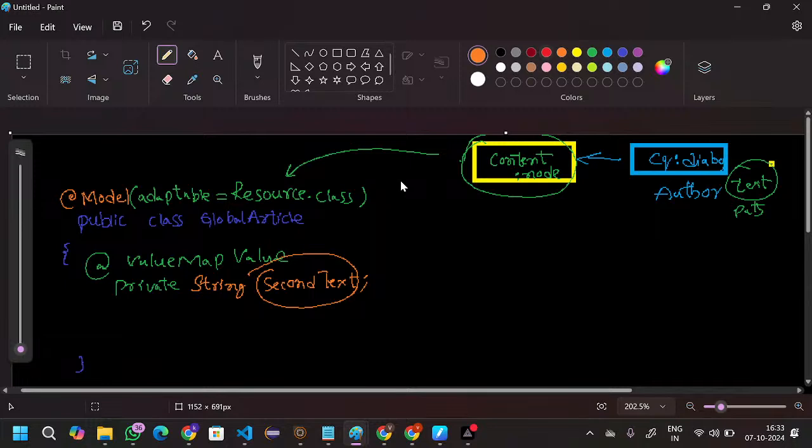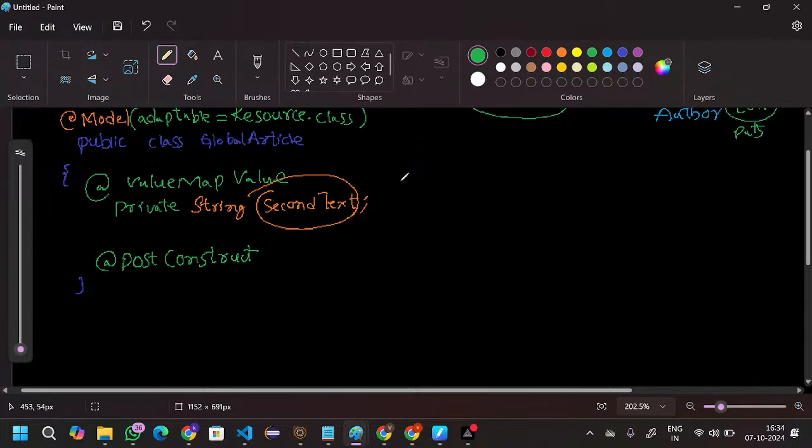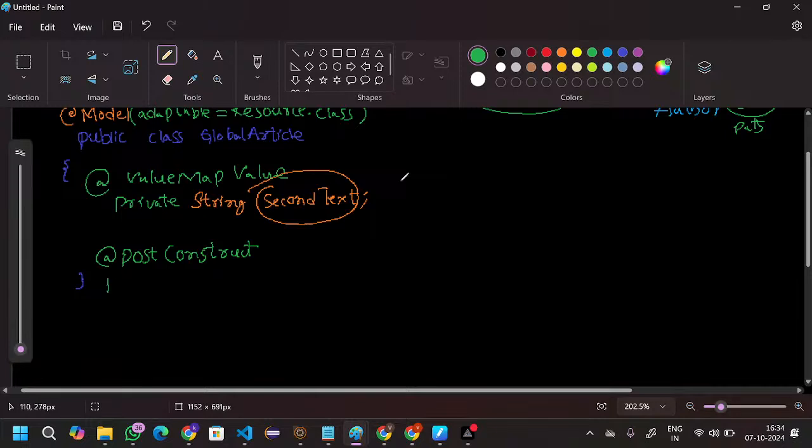Now, @PostConstruct. What is the purpose of PostConstruct generally? PostConstruct is an annotation. If you mention any method name, normally you already know how to write methods. For example, if I take a public method with void return type and the method name init, and write some logic here,